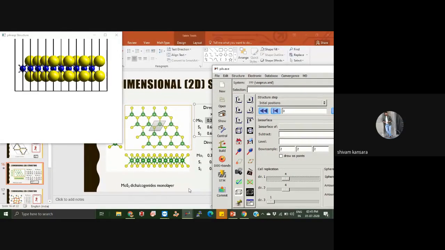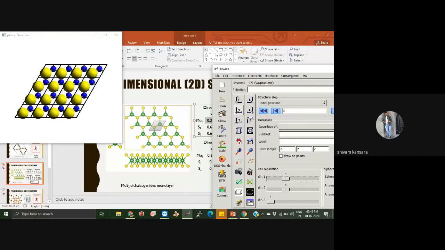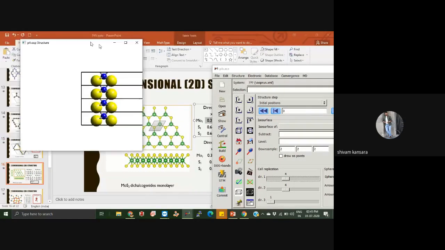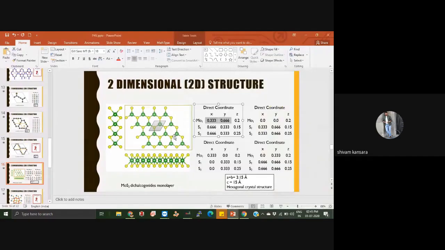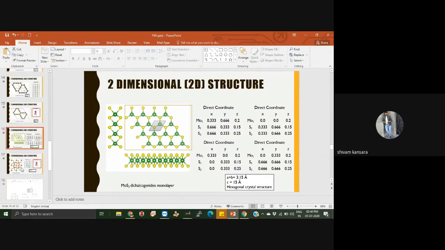in the P4 vast structure, both are same. Okay, and see this one, the side view and the front view, both are same as present in the PPT. Okay, this is the simple and famous MoS2 dichalcogenide monolayer. You can replace MoS2 with PtS2, PdS2, and various atoms you can replace, and you can check first of all optimization, then after stability, and you can finalize which is stable or not.